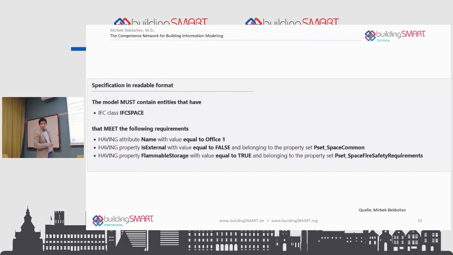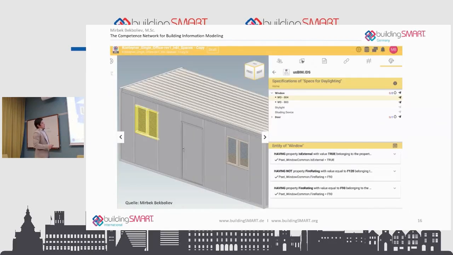I need an internal space, because external is irrelevant for my use case, right? This is just an example. It's a flammable storage. I want to just show what kind of spaces and what properties you can use. And I can actually validate this model against those requirements.